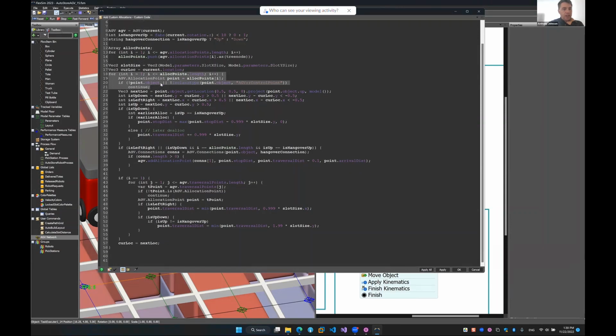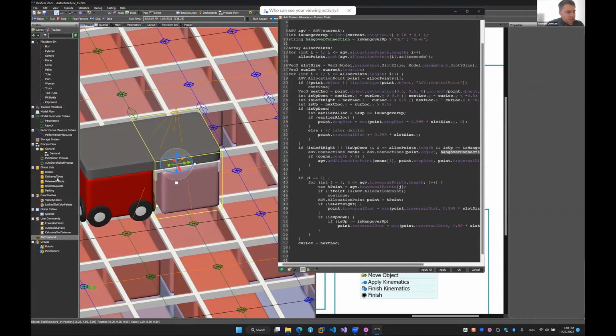I'm creating a local array, and then I go through that array, and I look at that control point allocation. And I think I use control point connections. Let's see. Right. Yeah, so I use control point allocations, which are the hangover connection. Okay, so each one of these control points has, if I actually show in my